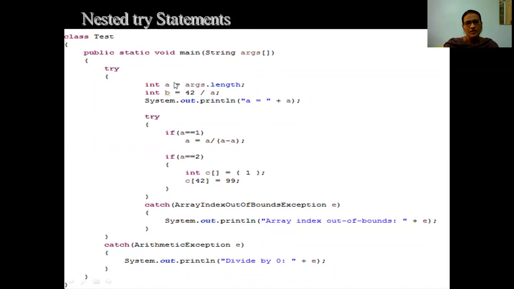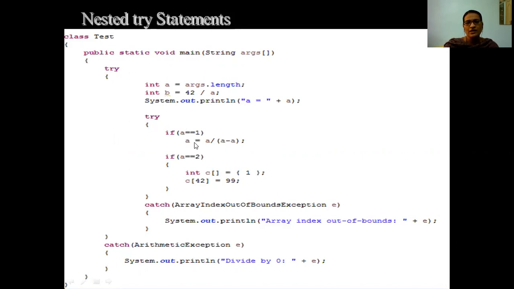If we have passed one or two arguments, then the divided by 0 error will not occur in this statement, but in the inner try block, if a value is equal to 1, if we have passed only one argument to this program,